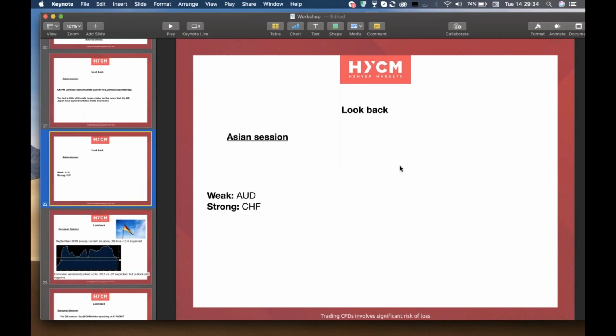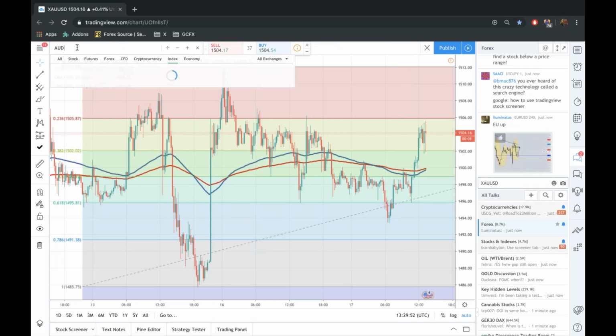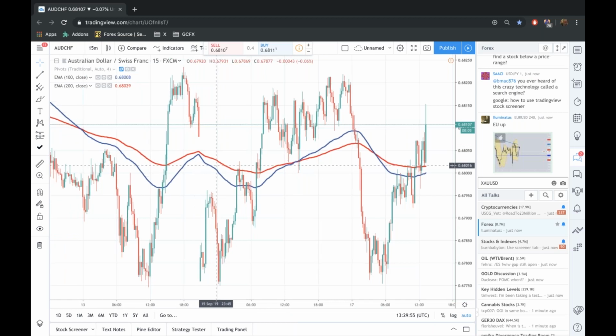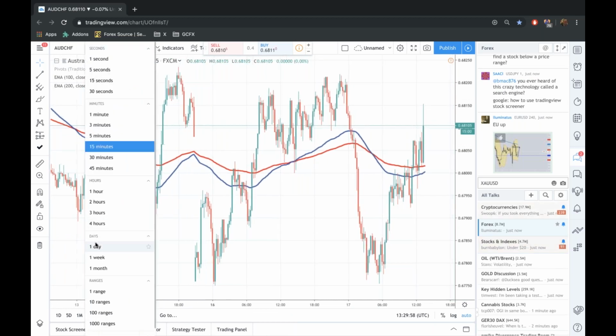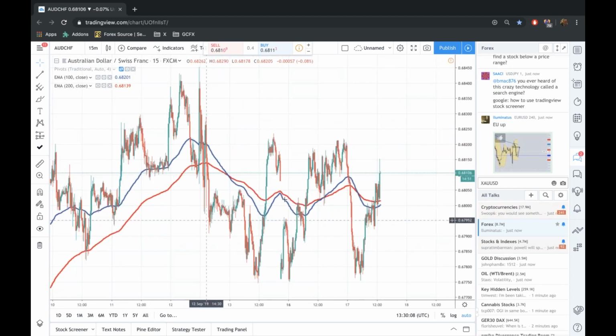Looking into the Asian session, coming to my desk, I was looking at the Australian dollar Swiss franc for a potential short. Let's have a little look at that chart. Looking here, you can see that a good place to short this currency pair for me is around these current levels. I will be potentially looking at shorting,